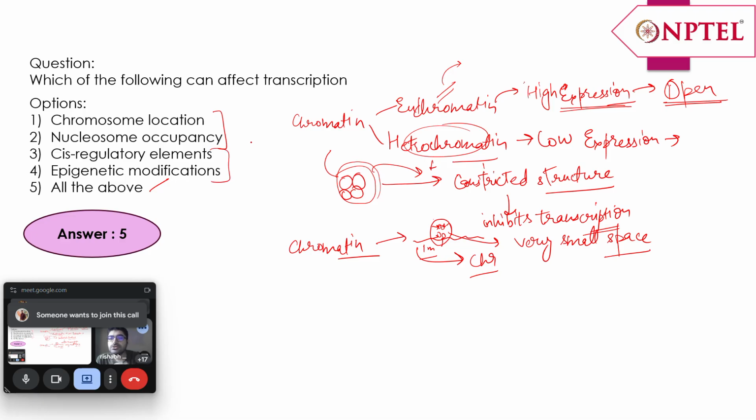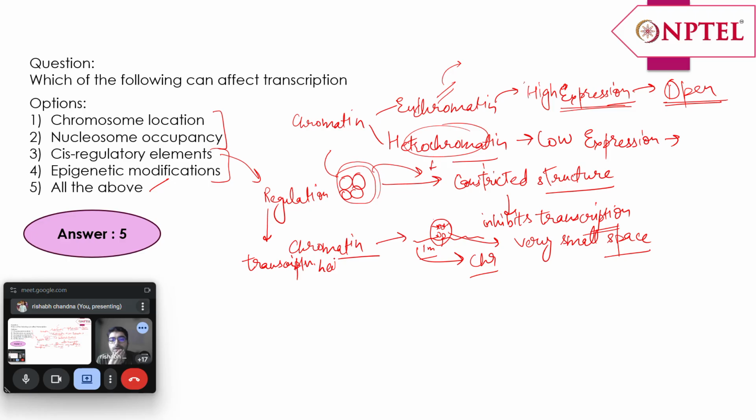Now, the cis regulatory elements are present in the DNA itself for the regulation of the expression, and they are part of the promoters. Different proteins help in recruiting the RNA polymerase to the DNA such that transcription happens. Those proteins bind to these cis regulatory elements and help in the increase or decrease in the levels of transcription. Now the epigenetic modifications,